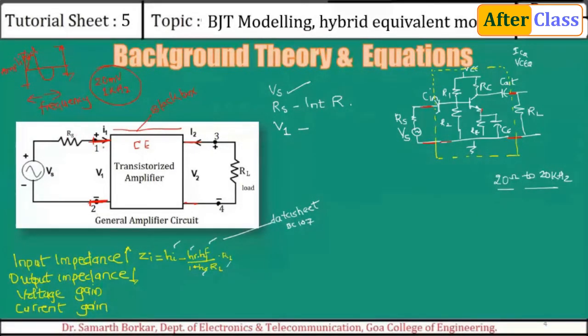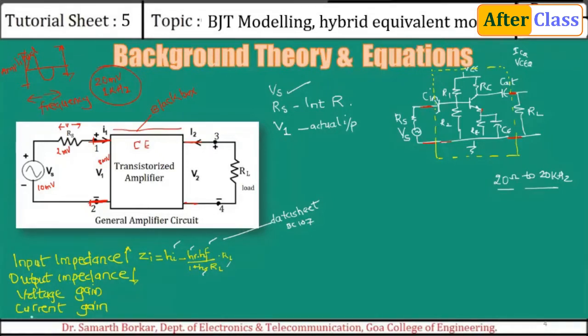When the circuit is complete, any circuit that is properly connected, current passes through it. Whenever current passes through a resistor, a voltage will be dropped across it. Now, though I'm applying say 10 millivolts, I am not sure that I'm going to get 10 millivolts at this end. Maybe because of this source resistance, 2 millivolts will get dropped across this resistor, and the remaining 8 millivolts will be available as the actual input. So what we can say is this V1 is the actual input.